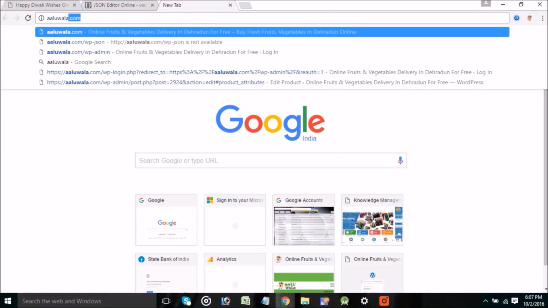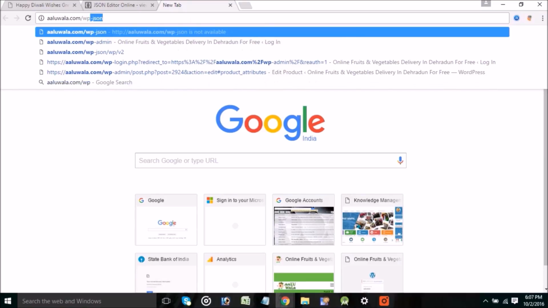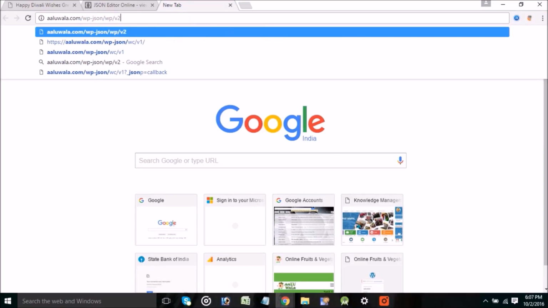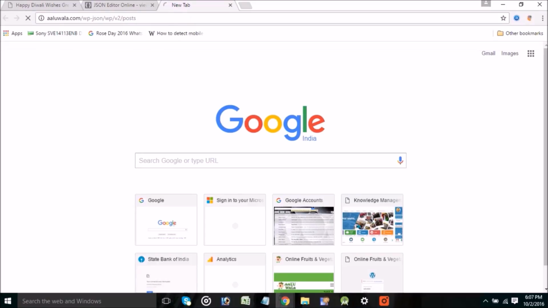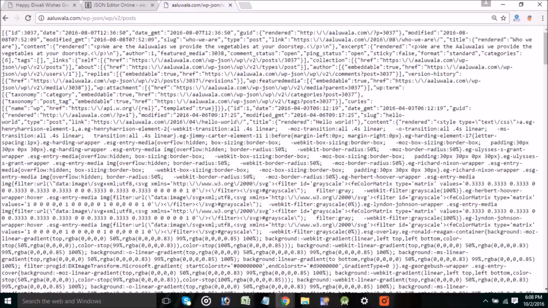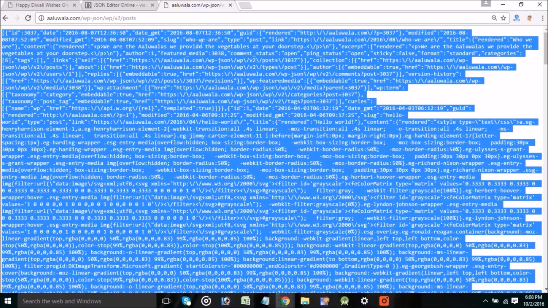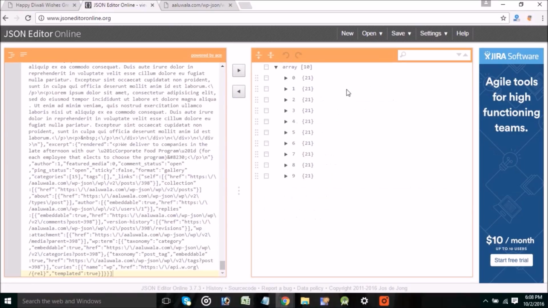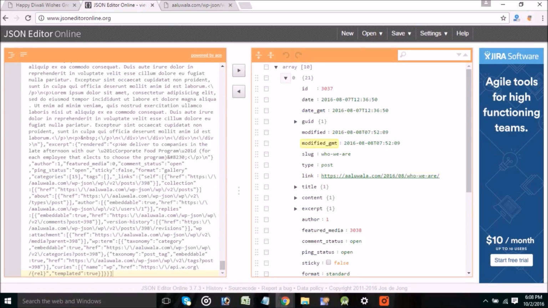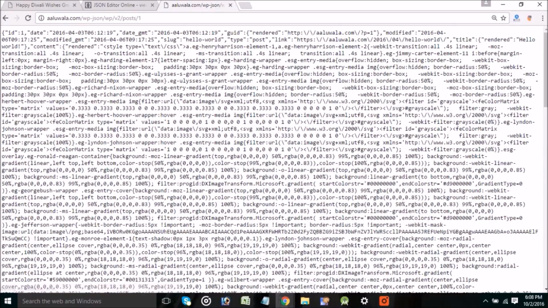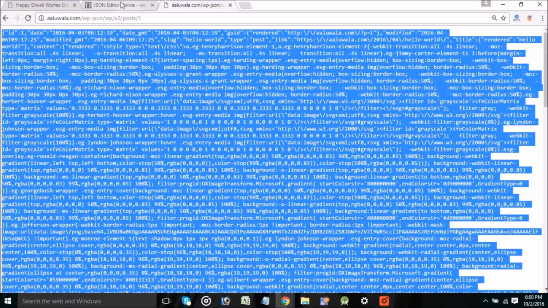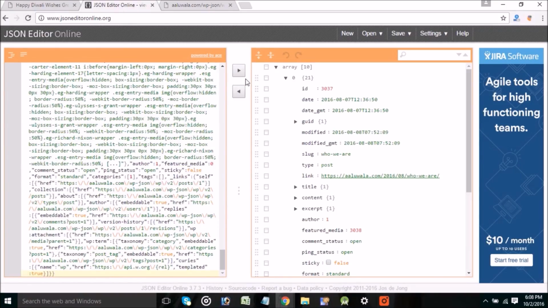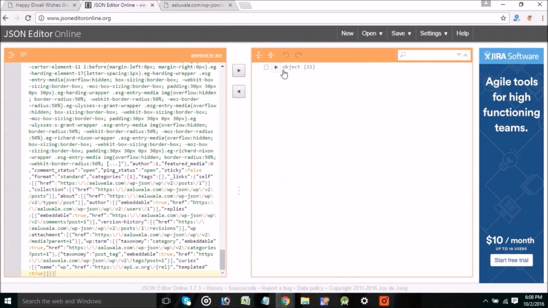This is my website where I uploaded the plugin and I am getting the response. You do not have to do anything, everything is automated with the help of the plugin. And you can see the JSON response of my website. For all the posts we have 9 arrays, but when I put /1, I get the response for the particular post. Similarly for all the products, the account section, rating, review, everything you will get the response in JSON. Now coming back to the studio,